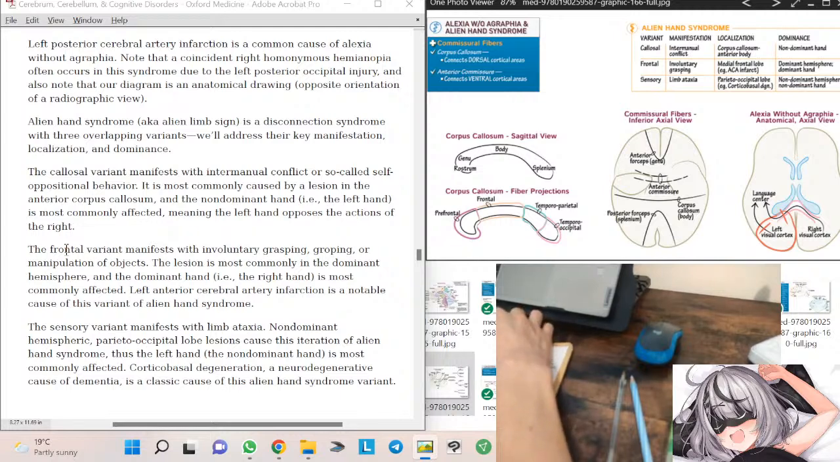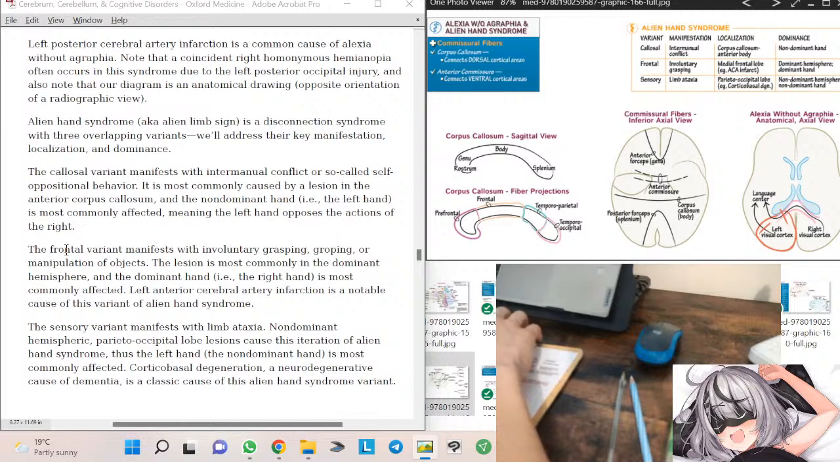Alien hand syndrome, also known as alien limb sign, is a disconnection syndrome with three overlapping variants. We will address their key manifestation, localization, and dominance. The callosal variant manifests with intermanual conflict or so-called self-oppositional behavior. It is most commonly caused by a lesion in the anterior corpus callosum,